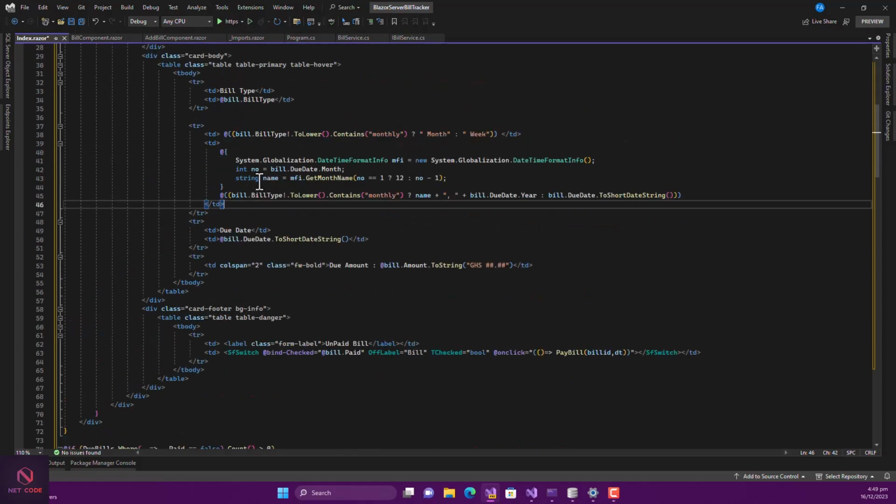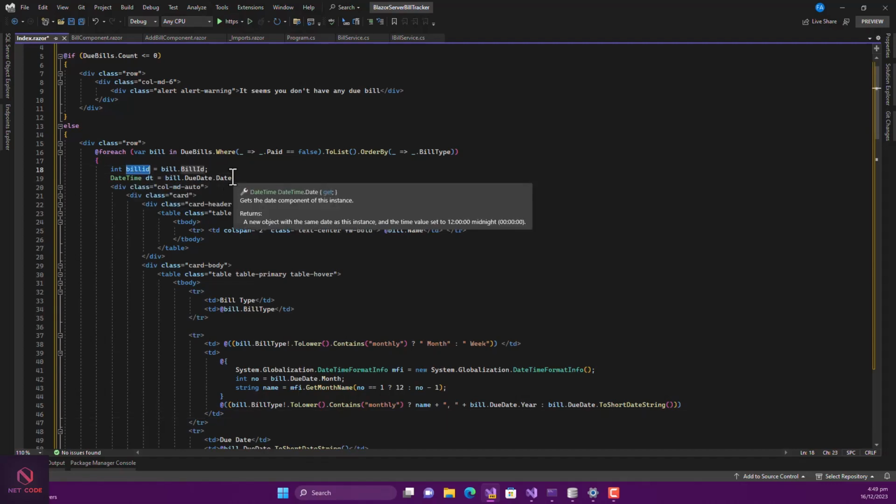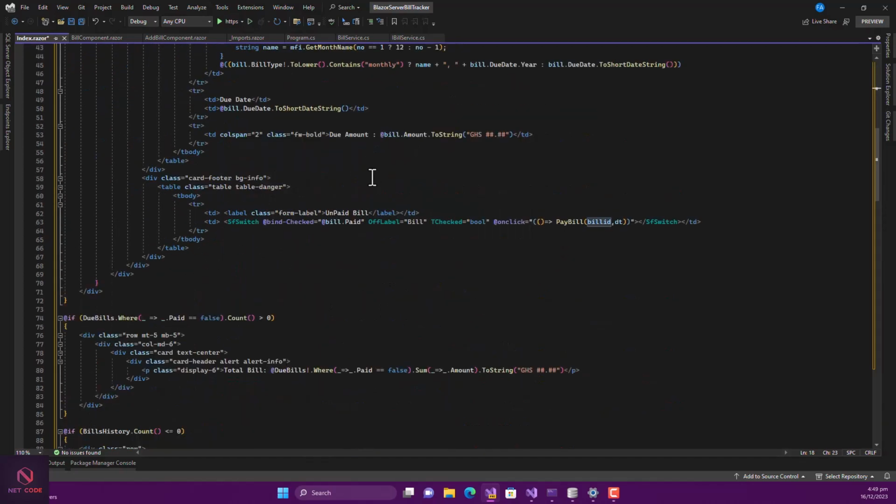But before you pass in this bill ID, you know we store them here for the immediate one. We have bill ID, and you're referring to this bill.id. We have this date, and now we store it to this bill due date. So we pass the two data parameters into this method. Then we click on pay bill. So notify the application if you pay that bill, and as soon as I click that bill,